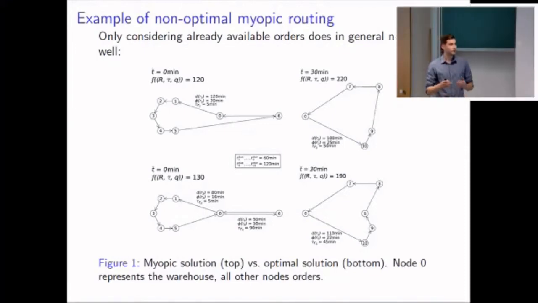They are part of a solution and are actually consecutive points in time, where you can see that the myopic solution, which is shown above, places orders 1 to 5 and the order 6 in the same route, even though order 6 is due very far in the future, and orders 1 to 5 are due very soon, and also they are spatially separated, as you can see. And the result of that is that half an hour later, when orders 7 to 10 arrive,